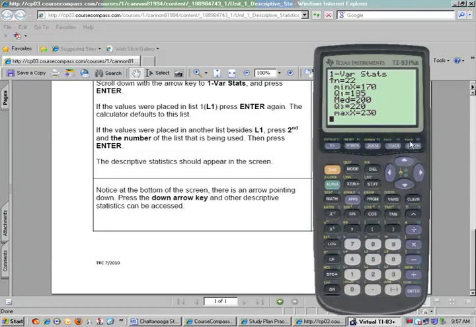So right now it's showing us that the ball player that had the least weight weighed 170 pounds. The maximum player was 230 pounds. And then what we have are what we call quartiles. Quartile 1 means 25% of the players weighed less than 185, or you could say 75% weighed more than